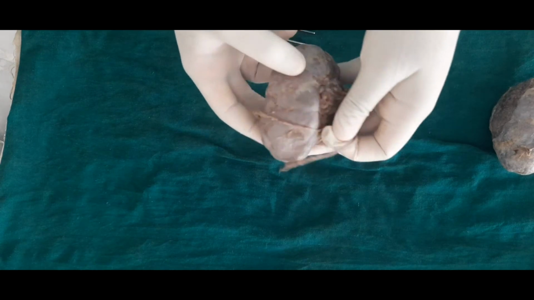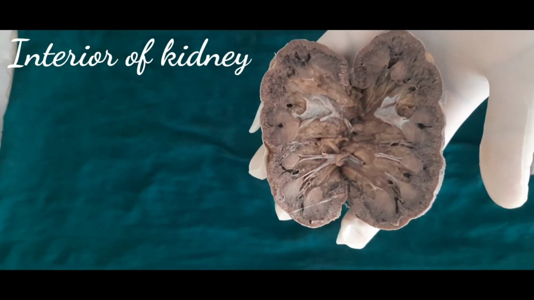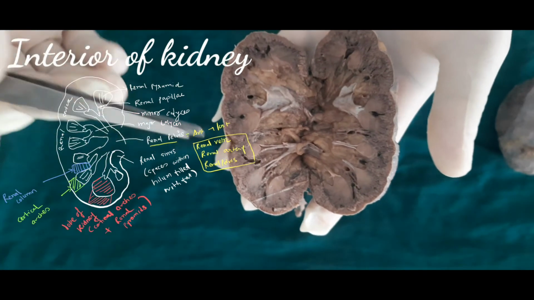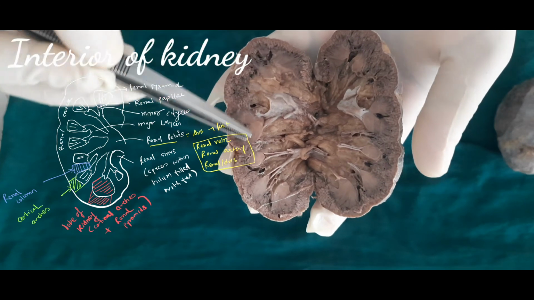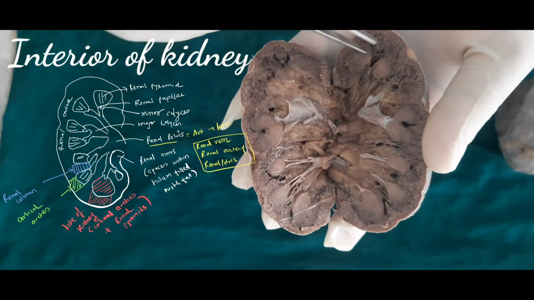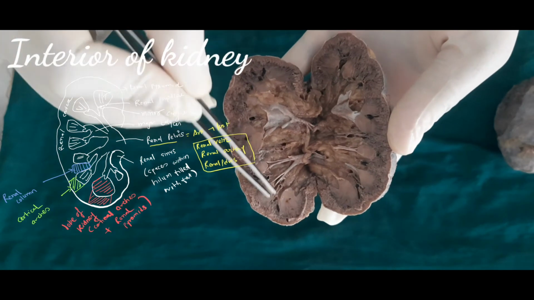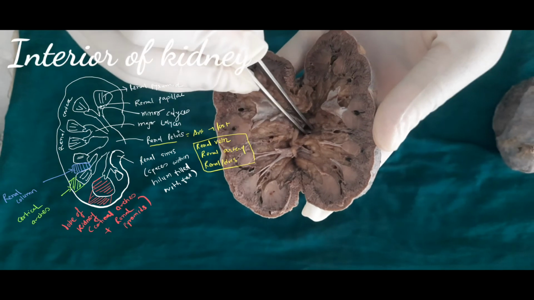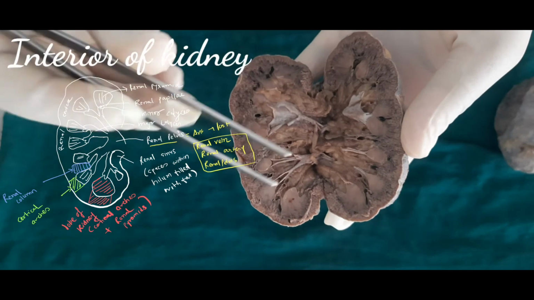Now let us see the interior of the kidney. The interior of the kidney has a cortex and the medulla. The outer cortex is reddish brown in color, and the inner medulla is pale in color. This is the cortex, this is the medulla formed by the 10 to 12 pyramids. Pyramids are conical structures, apex directed medially. At the apex, there is the renal papilla which opens into the